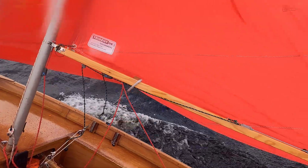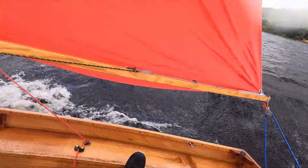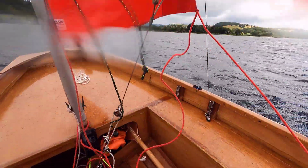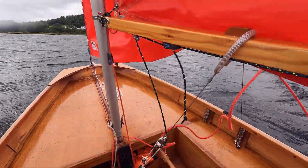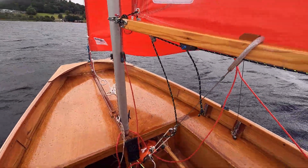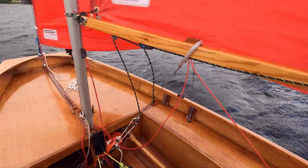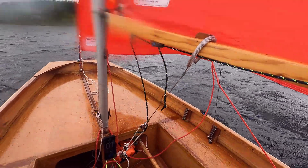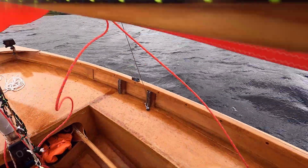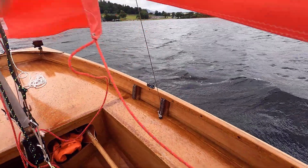Sit up. Now I'm going to try and do a jibe because we are at the bottom of the lake and we are in irons actually. Bugger. Let's try and go this way. I don't really want to